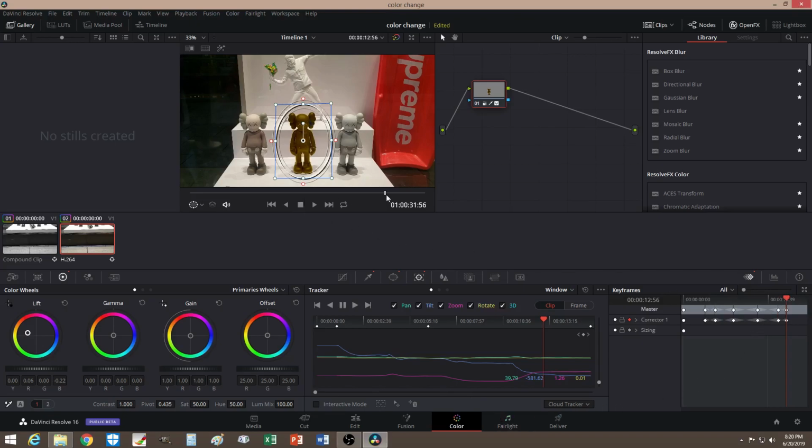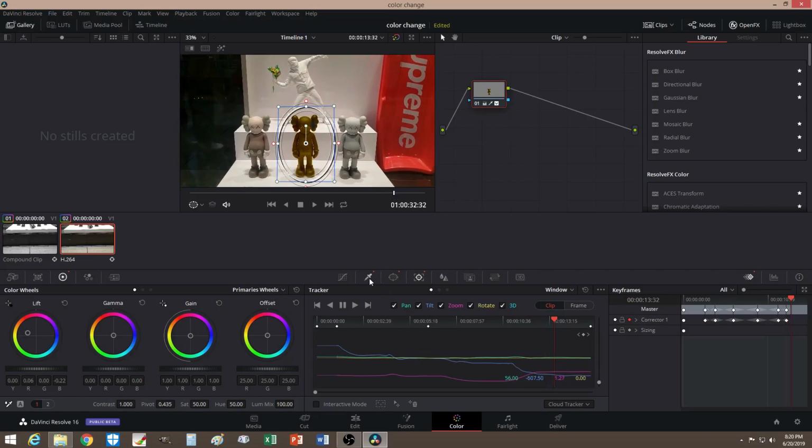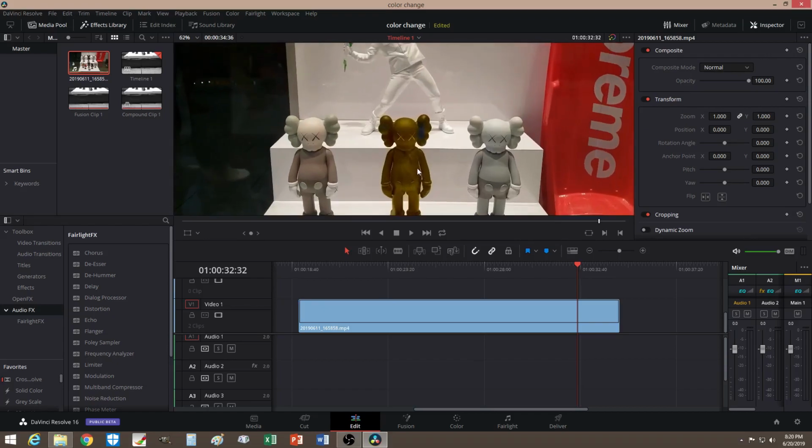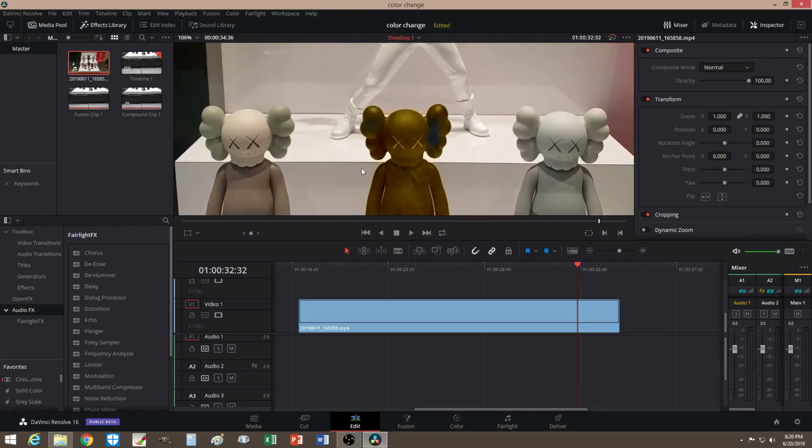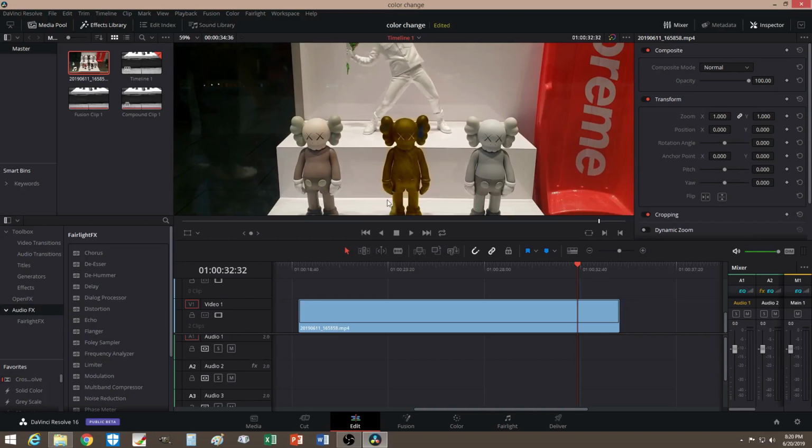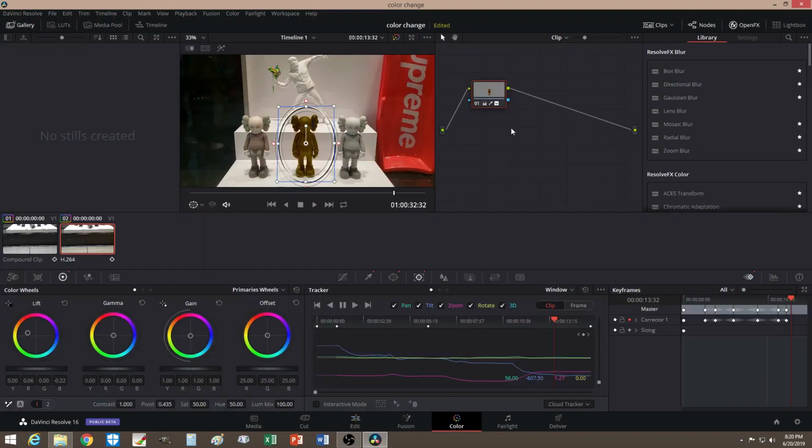Okay, now you notice, let's go to our editing. If I look closely, there's still kind of like a glow. You can keep it if you want, but if not, you can try to refine it. So just go back to your color tab, and then